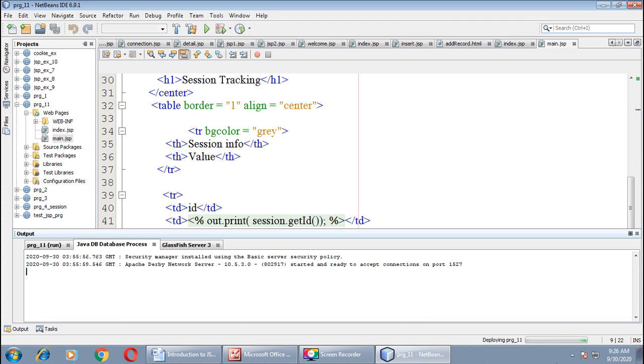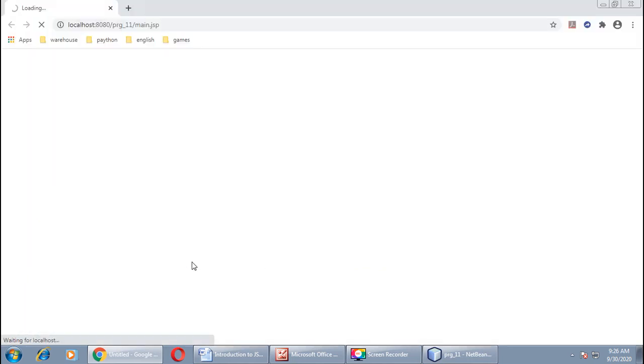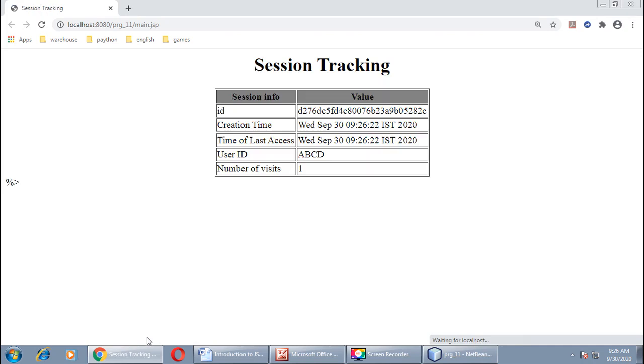As you can see, the progress bar is running, the GlassFish server is started, our browser is also started, and here you can see the output. The ID is this, and the creation time is whatever is stored in your system.